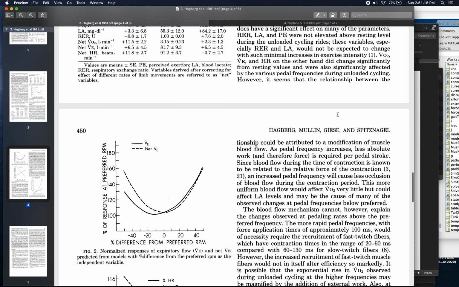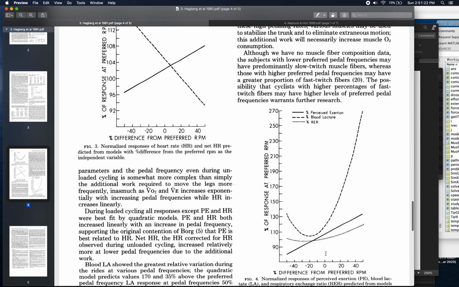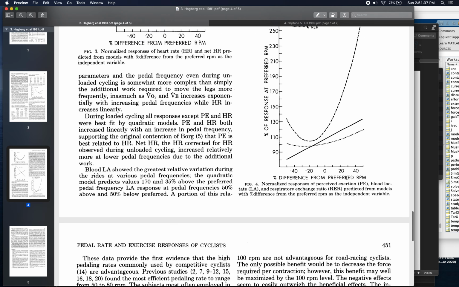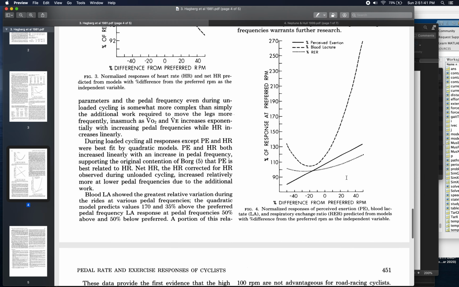And that's generally, not always the story, but that's generally the story with a lot of the results here. If I look at lactate, if I compare 0 to minus 20, not a huge difference. If I compare 0 to plus 20, then that's where I start to see a really big difference in extra accumulation of lactate. So the take-home message here is that the preferred pedaling rate,